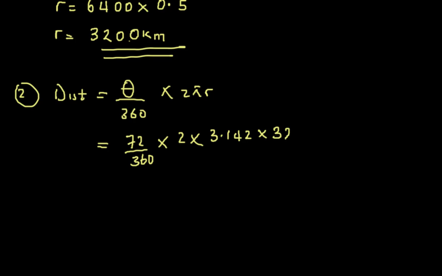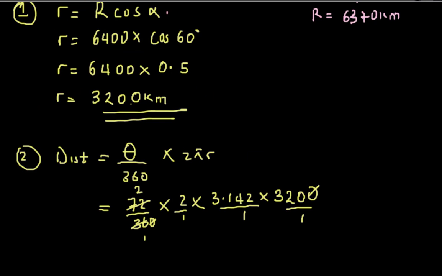So we have 3,200. Does this make sense? Over 1 over 1 over 1. 0 can cancel 0. 36 here 1. 36 in 72 is 2. So we'll be left with 2 times 2 times 3.142 times 320. That will give us